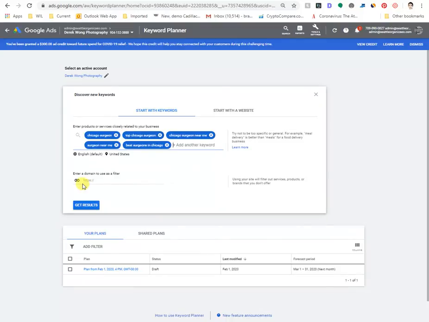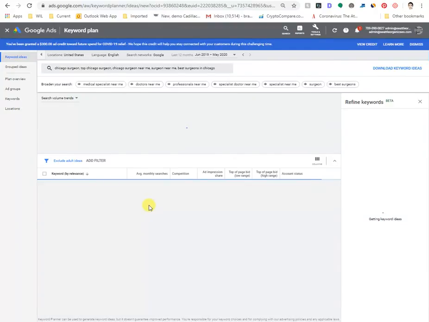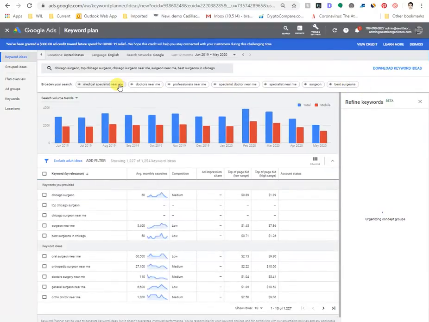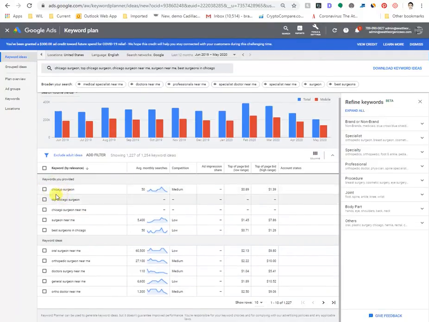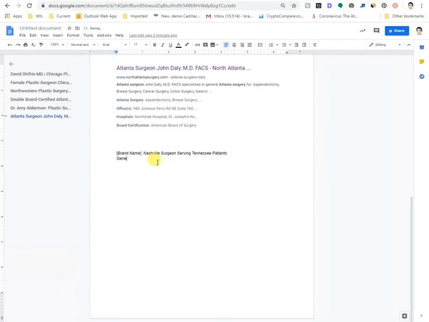Some ideas. We call these seed keywords. And you can do up to 10 of them, but I just put in 5, and they'll also give you other ideas. But it'll give you a lot of different phrases and their volume. So now you'll know that there's other terms that you can actually put in there, like general. So maybe in your meta description, you might put general surgeon serving. We already put serving. So general surgeon, board certified, or board certified might be something that we put in the front. Board certified general surgeon,